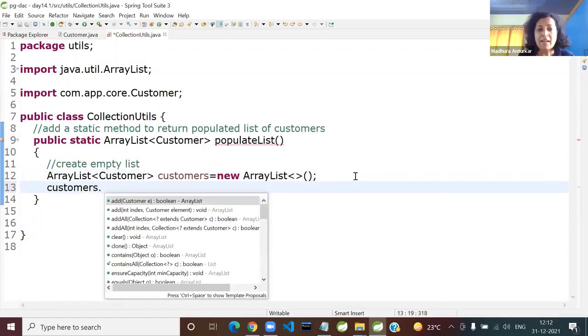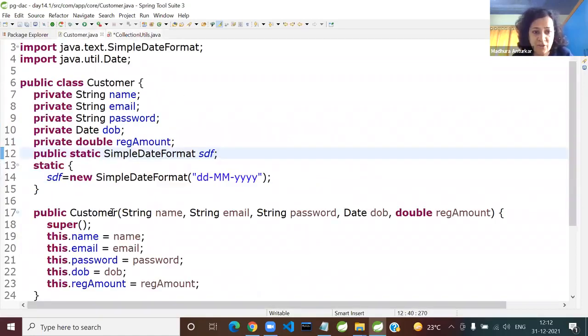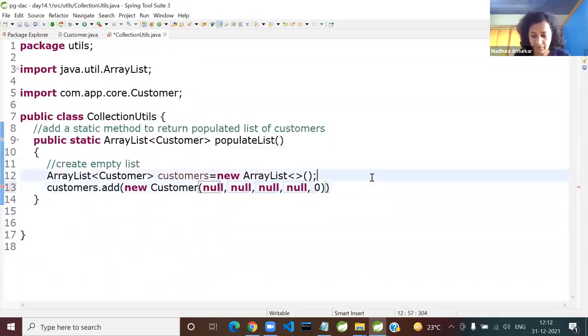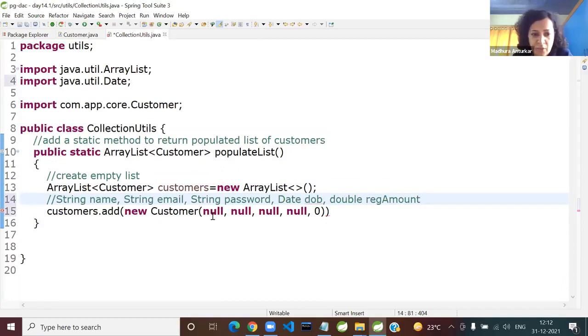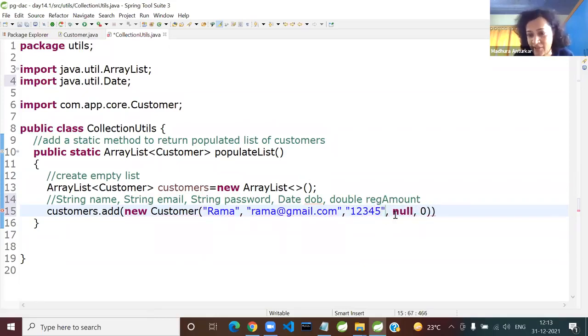If you don't want to type all this, give me a minute. I can do it for you also. New Customer. And now let's bring in the constructor. This will give you immediately a lot of coding practice. So here, I'm just keeping it here so we know. So name, let's say Rama. The email ID, her email address. I'm just populating the data for you. Cursor, mouse, okay, password. So there are no restrictions and all that.